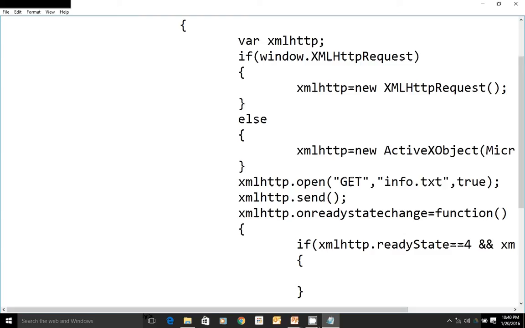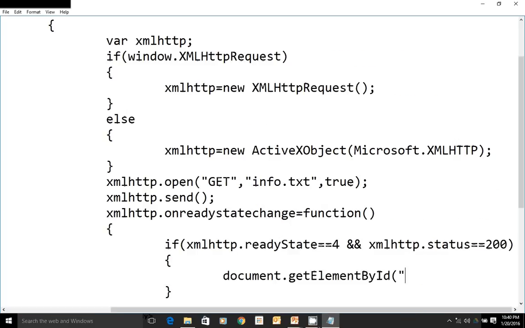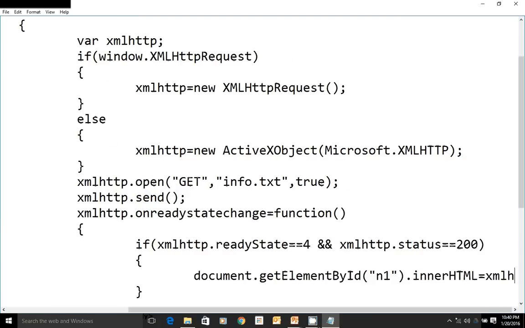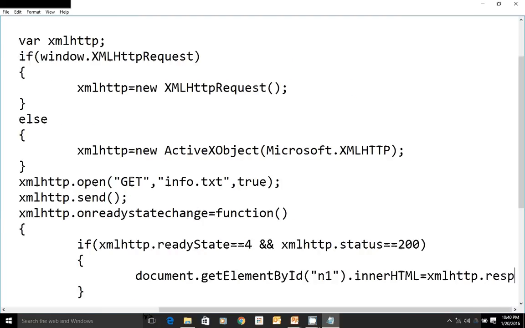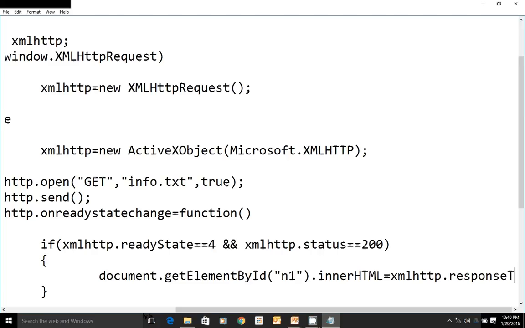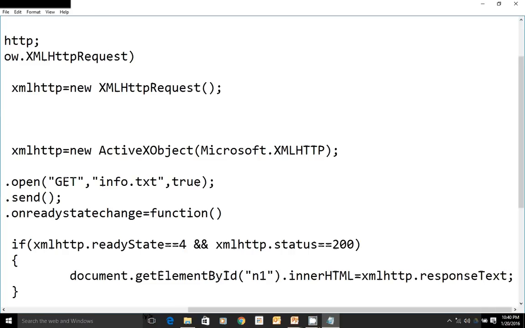If yes, then what do we do? We are going to replace document.getElementById of the div tag, n1, no? n1.innerHTML equal to we are going to assign the value from xmlhttp.responseText.